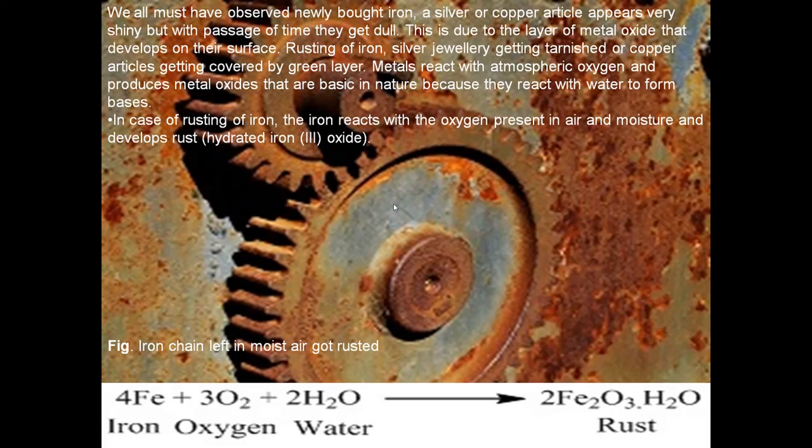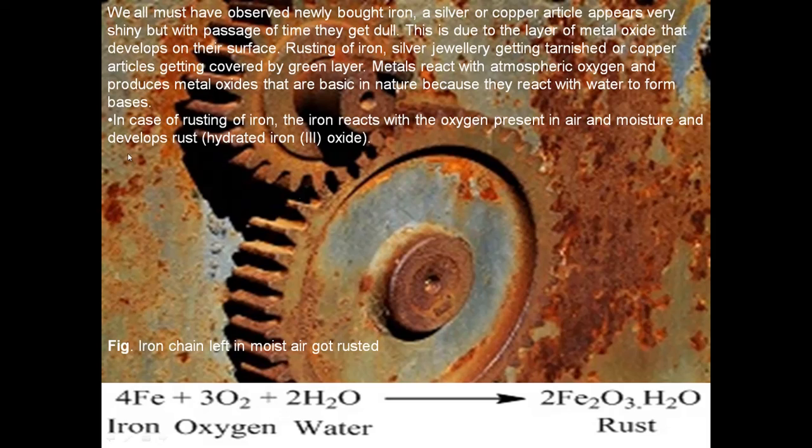Dear students, we all must have observed newly brought iron, silver or copper articles appear very shiny, but with passage of time they get dull. This is due to the layer of metal oxide that develops on their surface. Rusting of iron, silver jewelry getting tarnished, or copper articles getting covered by green layer. Metals react with atmospheric oxygen and produce metal oxides that are basic in nature because they react with water to